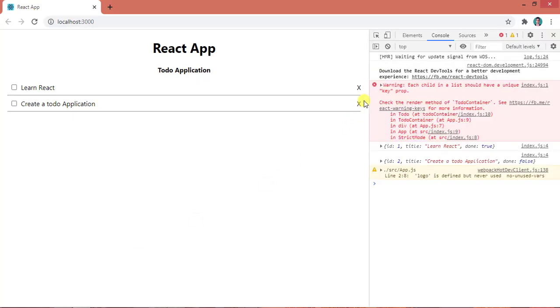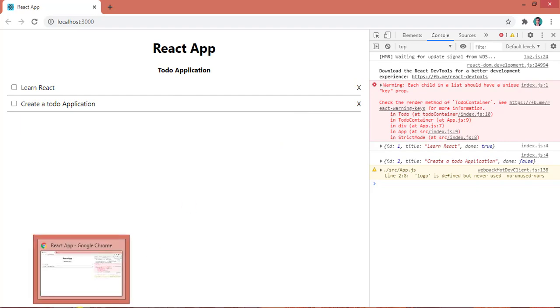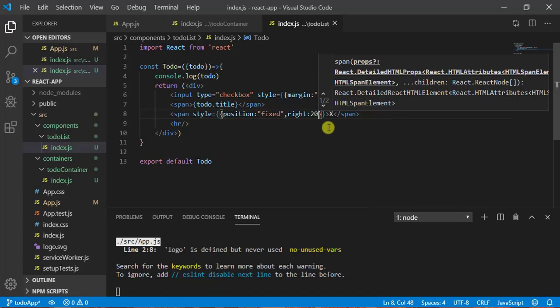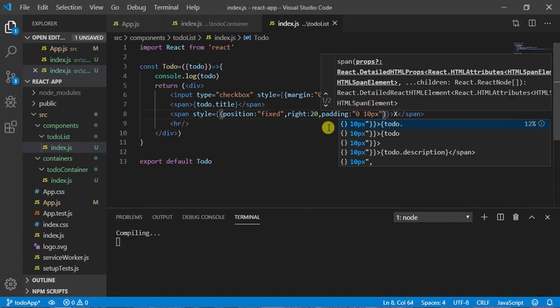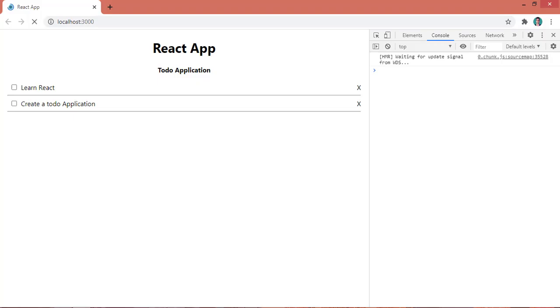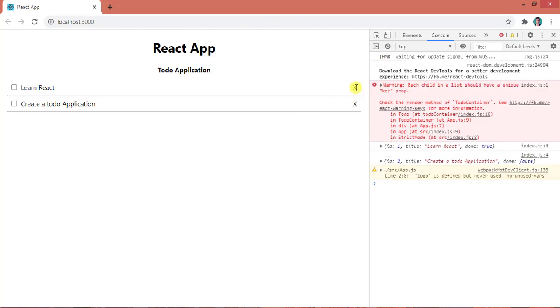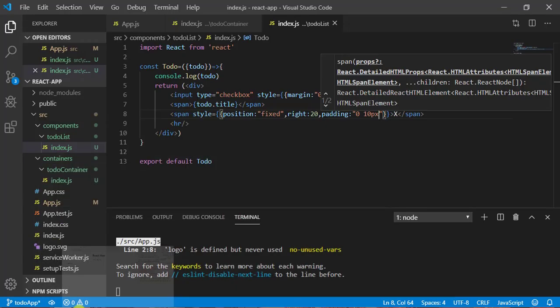Now you can see this came here. Now I want to give some padding, so I can call it padding, and from top and bottom I will give 0, and from left and right I will give 10 pixels. You can see now it's moved a little bit to this side.